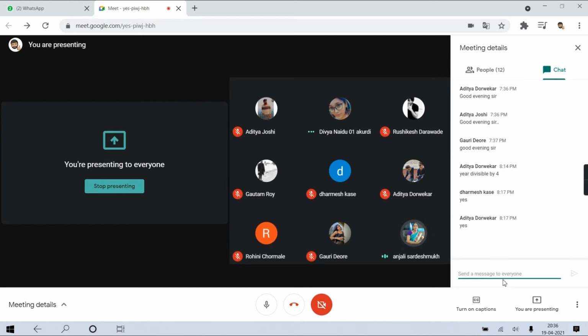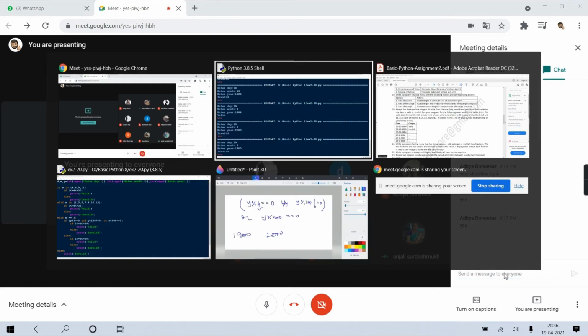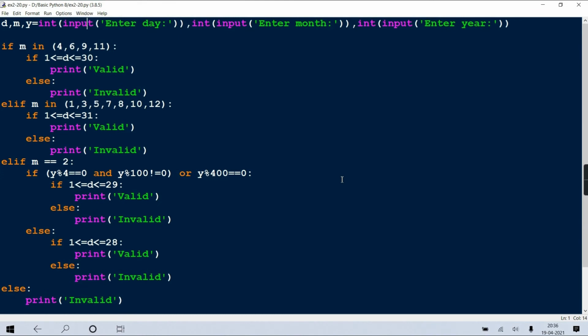So to be more precise, can we use that leap year check in every if statement? But why is it needed for every one? Because only when the month is 2 is the checking to be done. Right or no? Leap year checking is to be done only when the month is February. If the month is not February, it doesn't make any difference whether the year is a leap year or not.